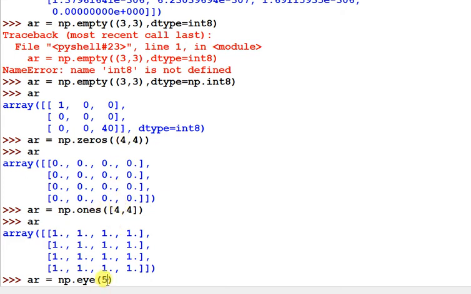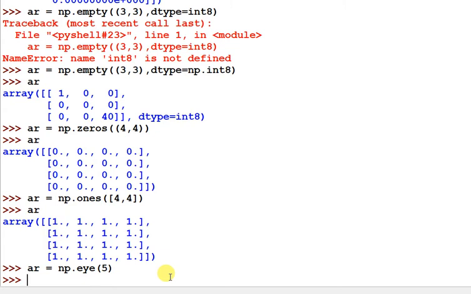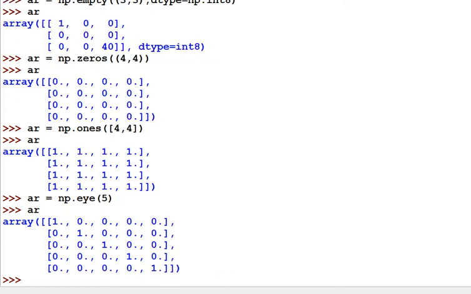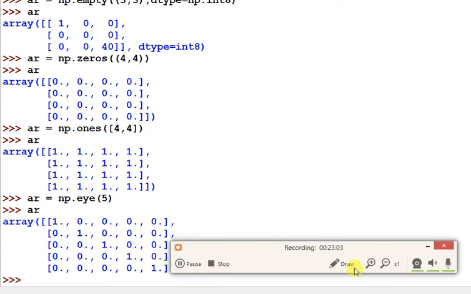But when you are passing one value to eye, suppose I am passing 5 here, it will generate 5 into 5. So it will generate a 2-dimension array 5 into 5, and all the diagonal elements will be assigned with 1, and all the rest of the elements are assigned zeros.